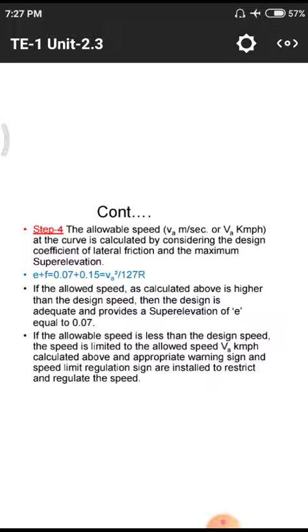That means the total problem has 2 cases. If the problem gives a design speed, we need to calculate the frictional forces and elevation. In the other case, the problem itself gives the elevation and frictional properties, and we have to calculate the design speed on the particular road. So we need to learn both using this simple formula e plus f equals v square by r. In some cases, we use v square by 127 R and 225 R, in terms of meters per second and kilometers per hour. These are the speeds.